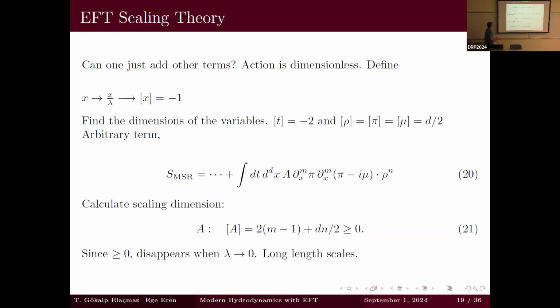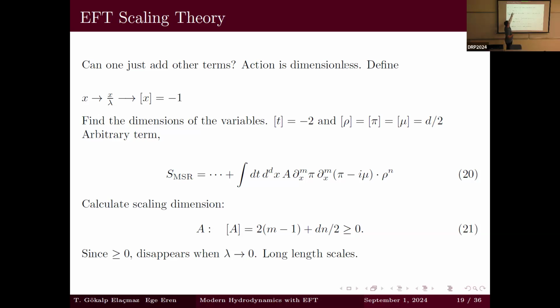Now, can we just add other terms? So we only had one term, but there are many terms you can write that conserve T symmetry while respecting strong symmetry. We can, but they turn out to be zero when we go to long length scales. So if we define x going to x over lambda, a conformal transformation in a way,